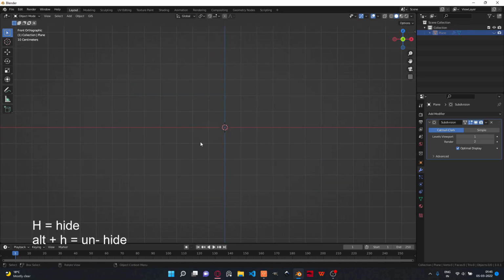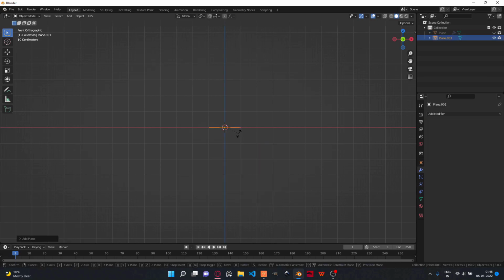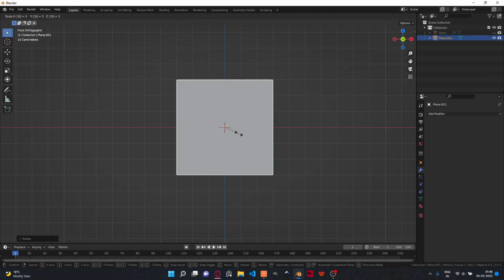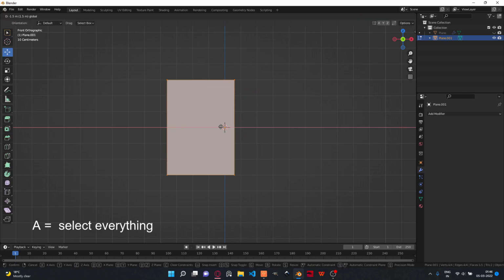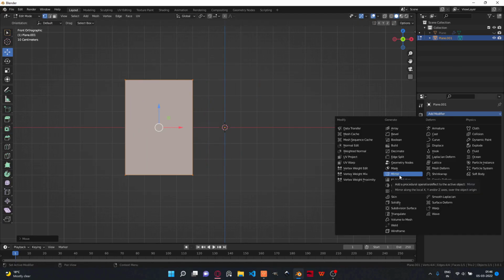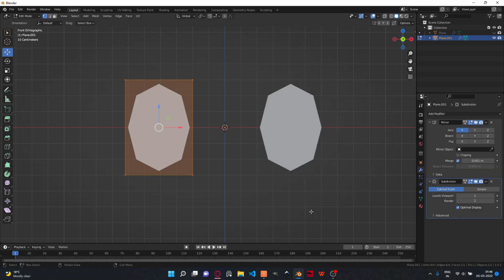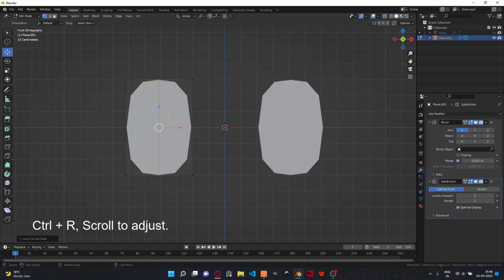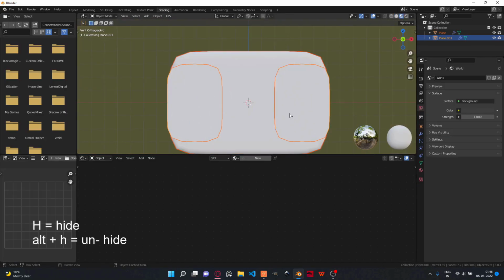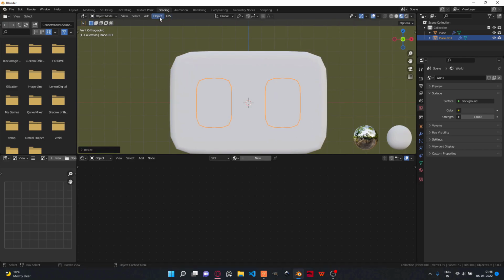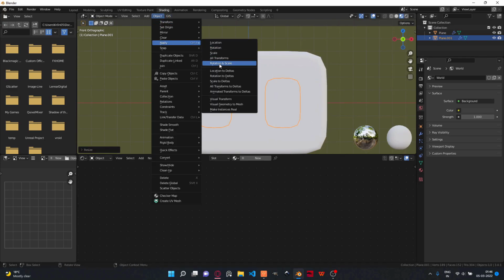Now, hide the screen, press Shift A, add a plane, RX90, S3, and make it a rectangle. Then go to Edit Mode, select everything, and move it towards the left. Then add a mirror modifier and a subsurface. Add 1 loop cut along the Z-axis and 2 loop cuts along the X-axis. We have the eyes. Then go to Shading tab, unhide the screen, scale the eyes, then Object, Apply, Rotation and